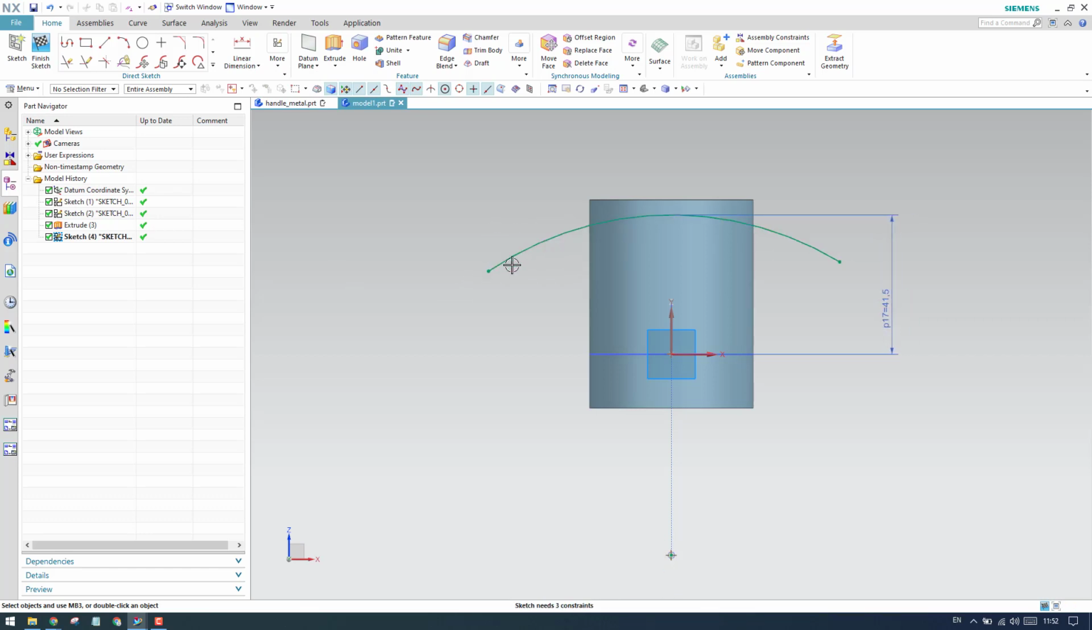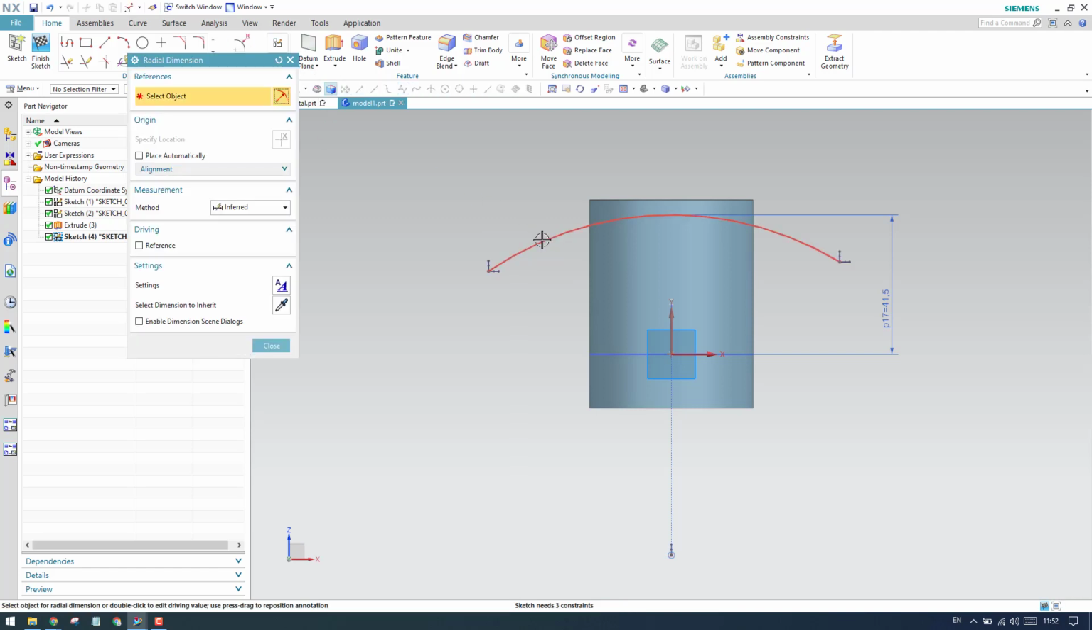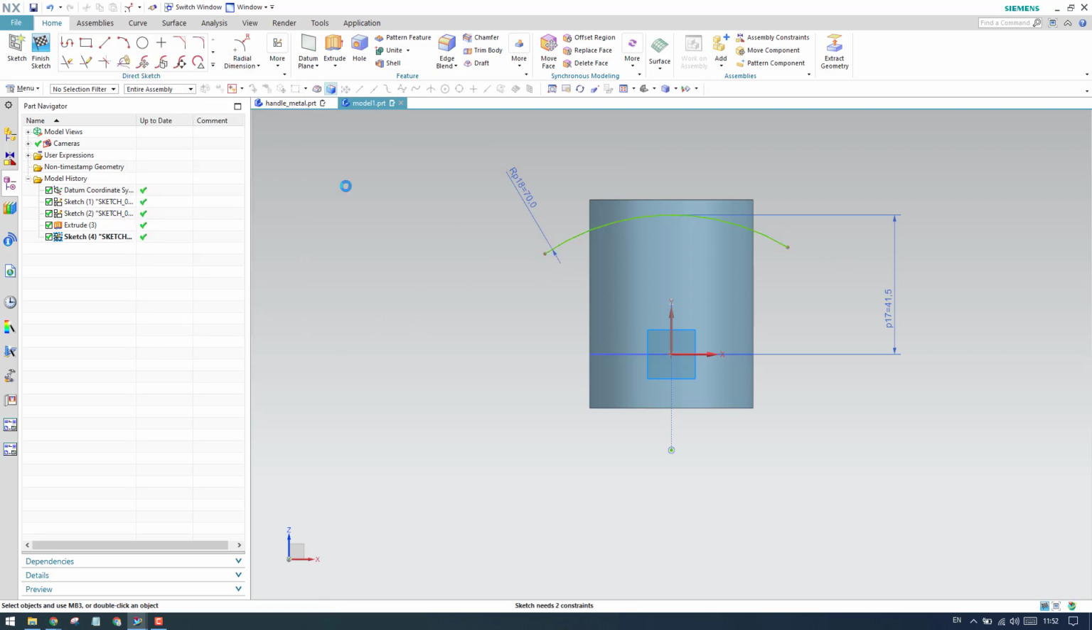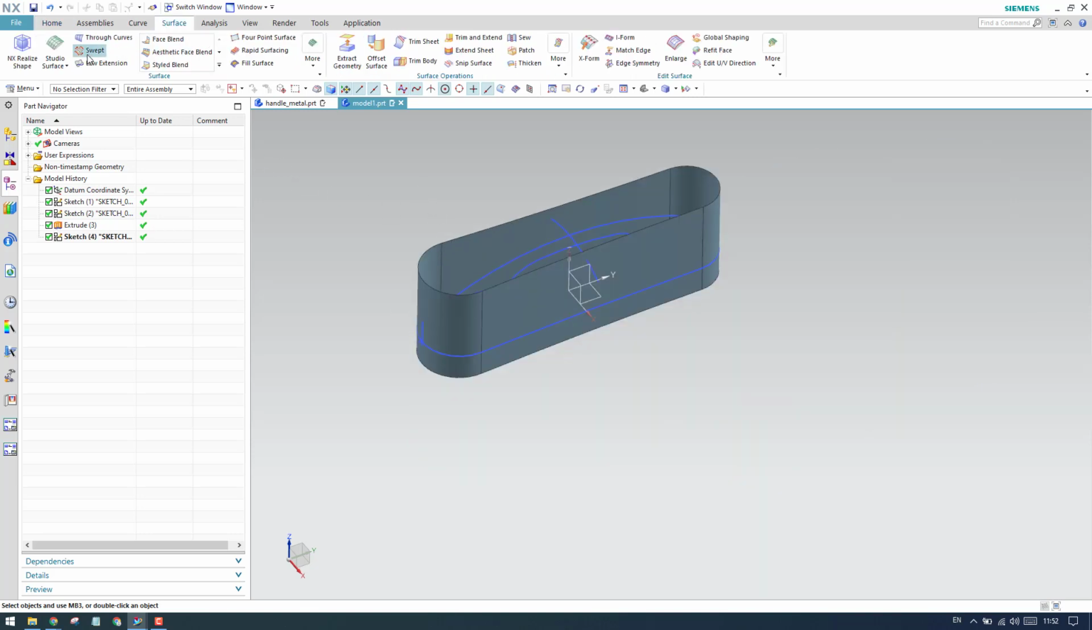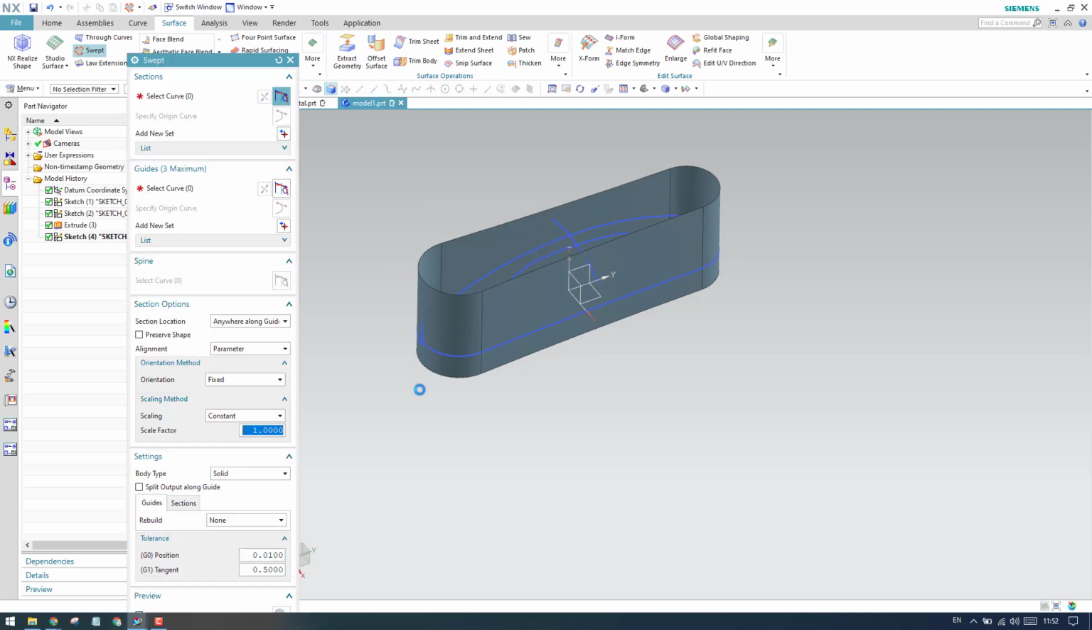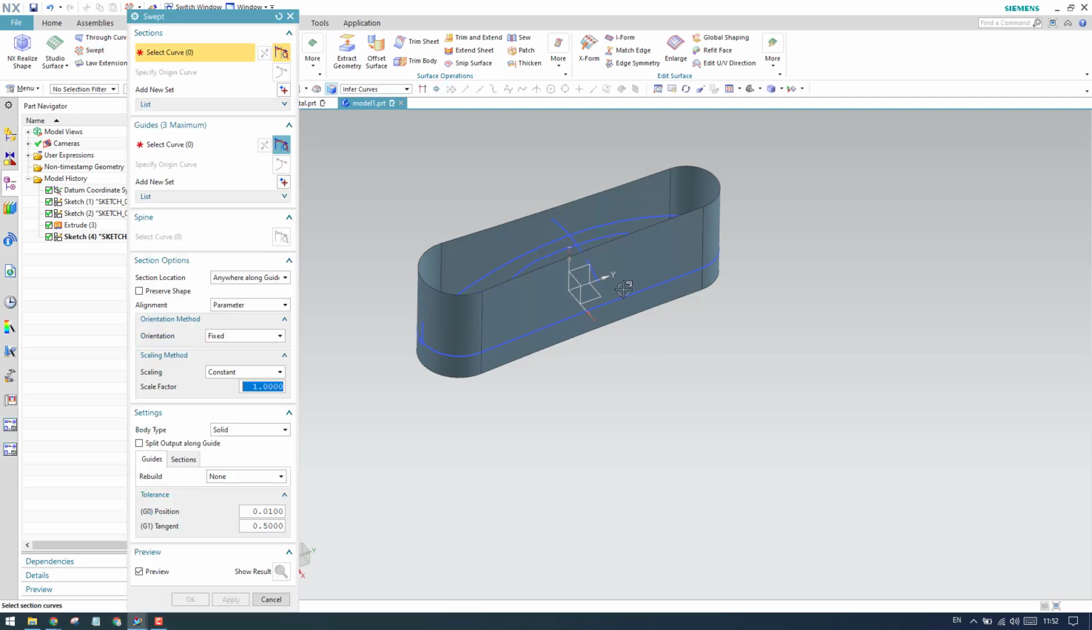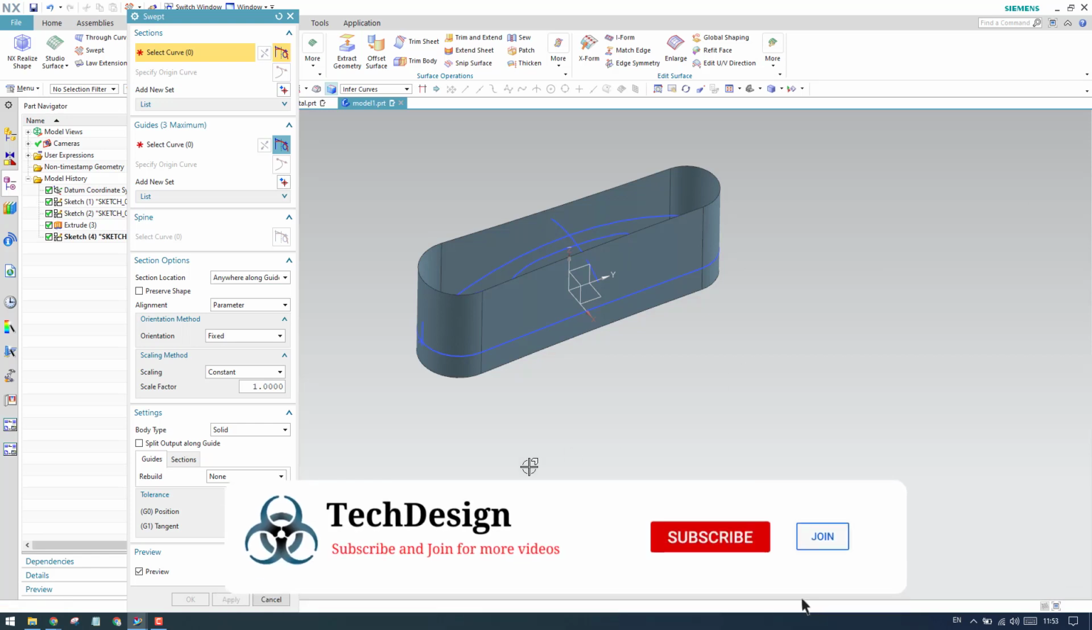So now we are left with the radius. So let us give the radius here. This radius is 70 mm. Okay, so let us finish the sketch. Now I'll sweep this sheet. In order to do that, I'll go to the swept command. In this swept command, we have a section and guide curves. So I will select the guide curves and section curves. My guide curve will be